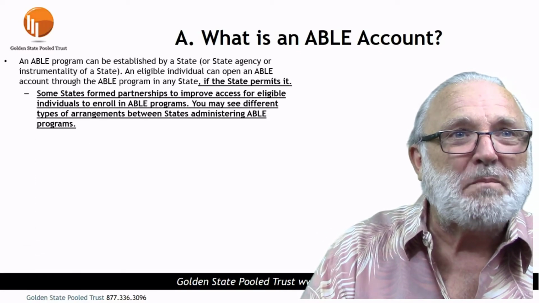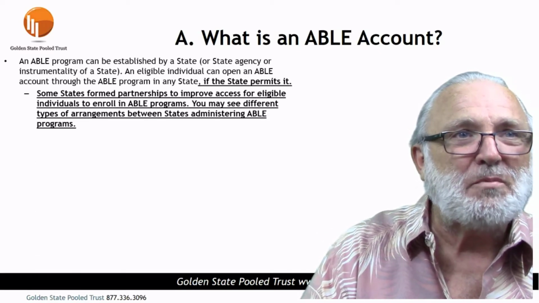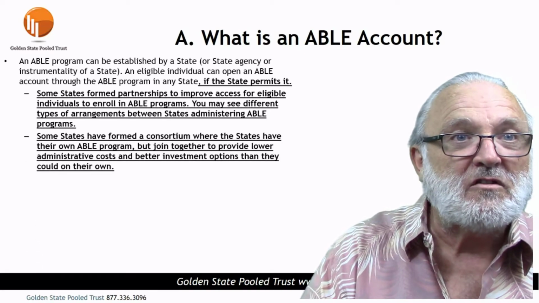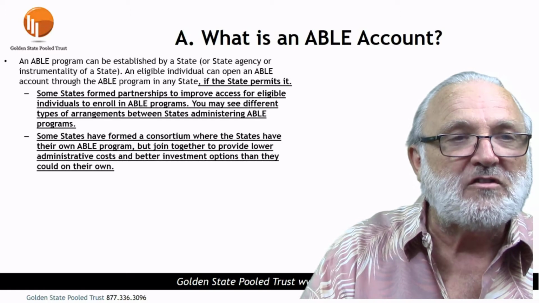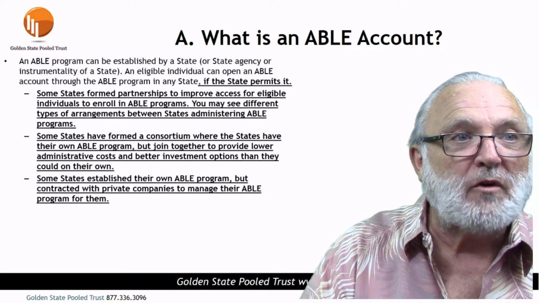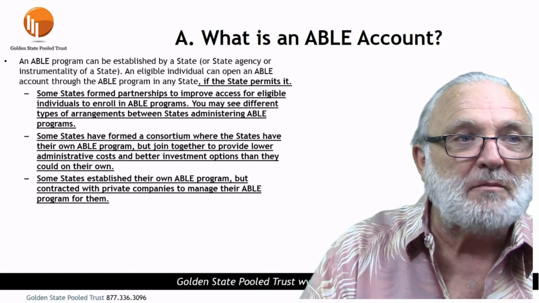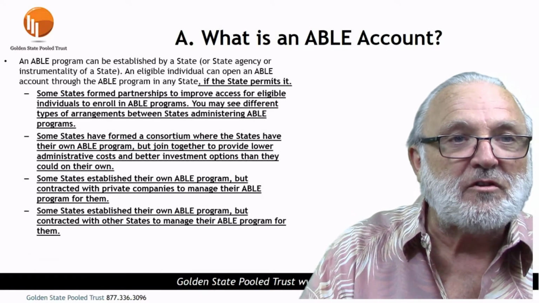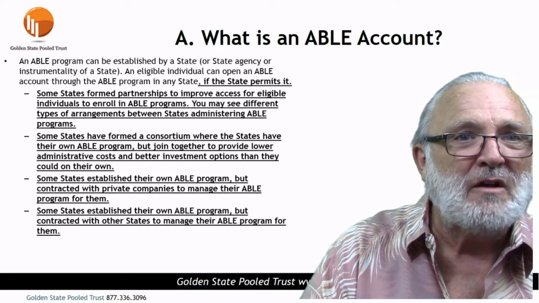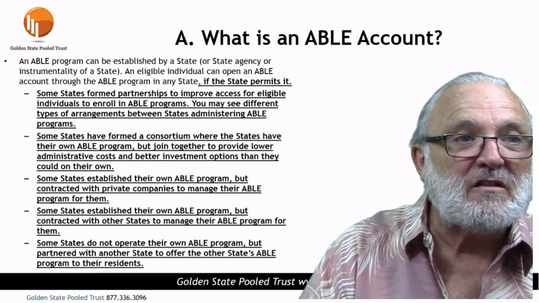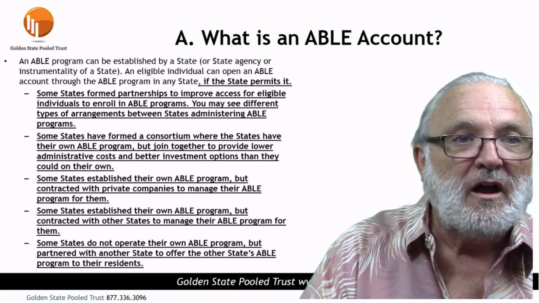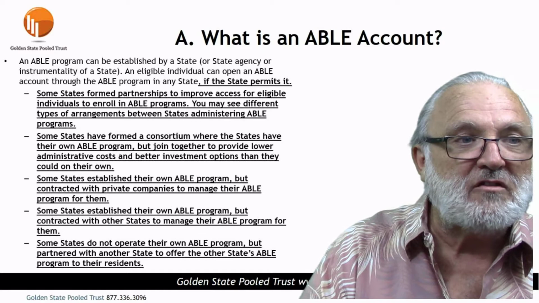Some states have formed partnerships to put these together with other states. Some states have formed a consortium of different states joining together. Some states establish their own ABLE programs but have contracted with private companies. Some states establish their own ABLE programs but contracted with other states to manage the ABLE program, and some states do not operate their own ABLE program but have partnered with another state to offer the other state's ABLE program